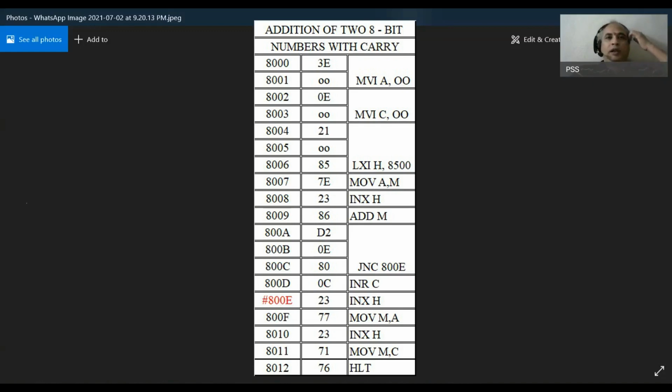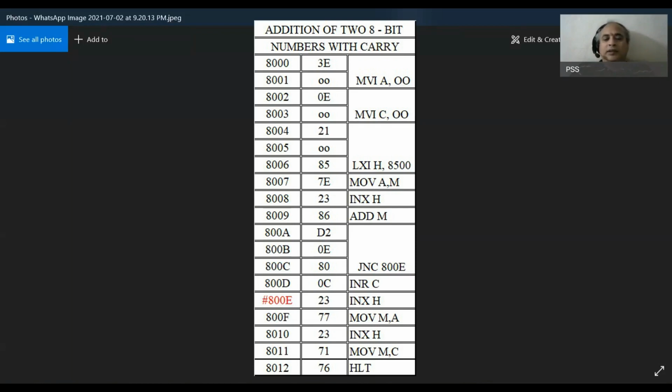Students, you know very well that the carry may be either 0 or 1. It cannot have a value of say 2 or 3 or 4 like that. What we have done is that we made the carry as 0 in the beginning.